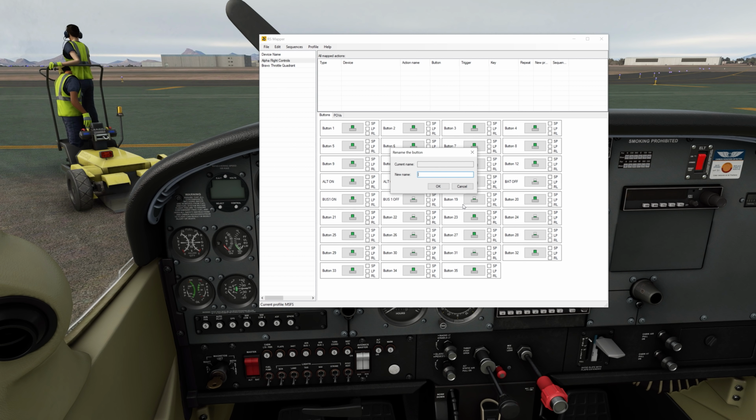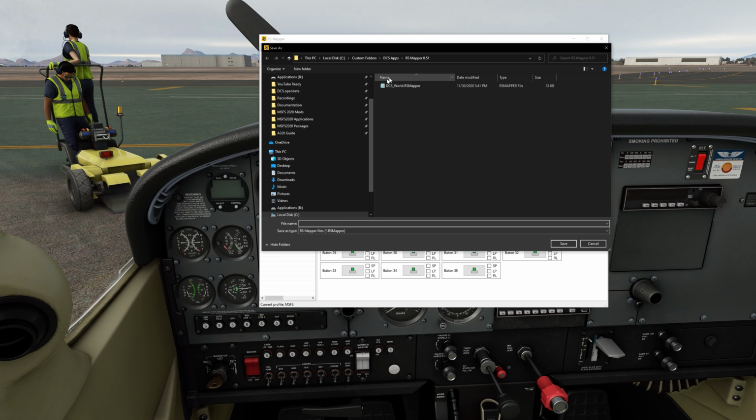These are all I'm going to do for this one for the moment, just to demonstrate how this all works. Bus 2 on, yep. And then bus 2 off. There we go. Now I'm going to do File, Save As for the first time,